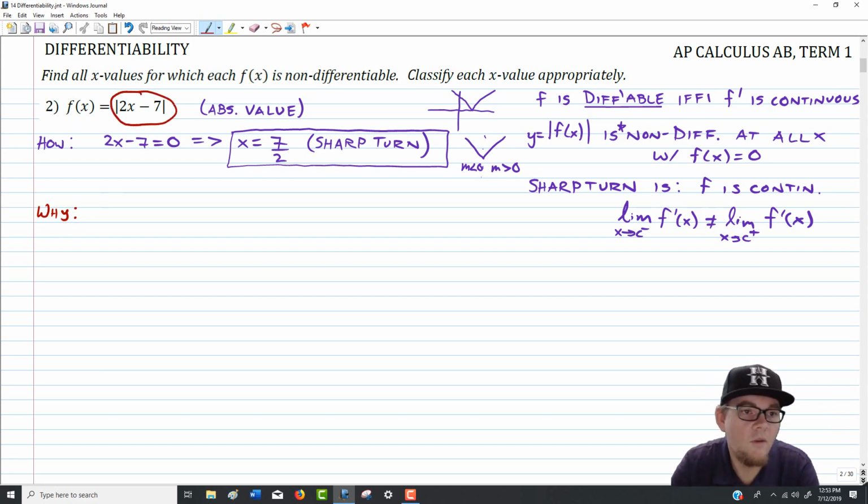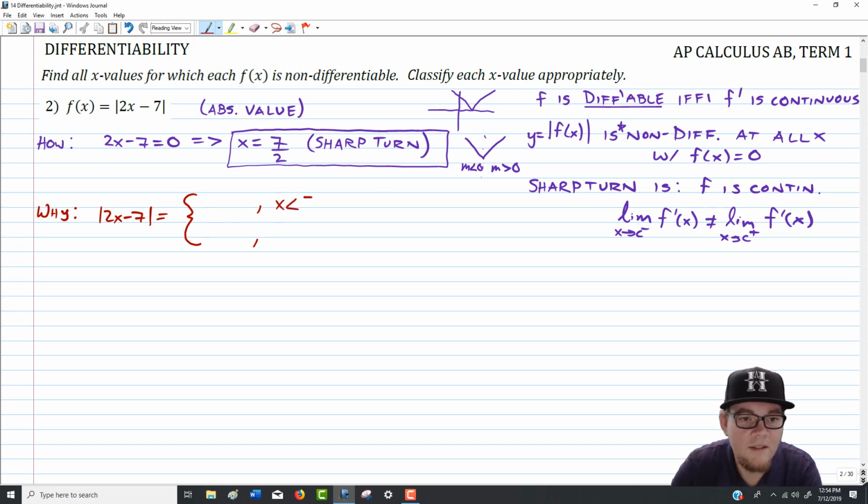Now you might or might not know the derivative for an absolute value function. It's actually not impossible to do, but we typically address it just because it's a minor thing in Calc Prep. But for the moment, what we can do is think about the function represented by the absolute value of 2x minus 7. So this is a piecewise function. We know from just kind of thinking about how absolute values are that they're centered at the place that makes the inside 0. So that means for x values less than 7 over 2, we're going to have